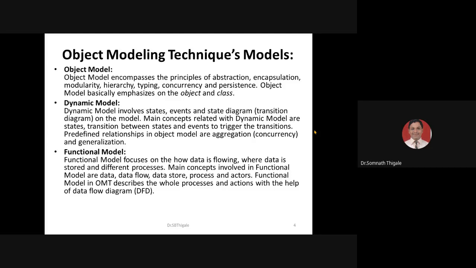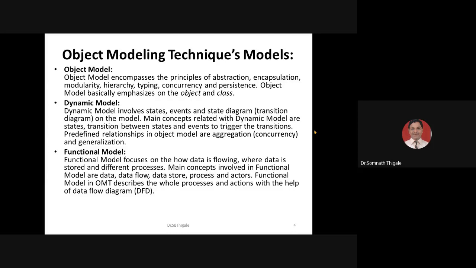Second, we have discussed the dynamic model. As the name suggests, dynamic means what is going to change. With respect to specific inputs or specific conditions, the part is going to change. We call that the dynamic model. As soon as your input changes, your entire flow is going to change, moving from one place to another, like a transaction, or their impacts are going to change. That kind of perspective we call the dynamic model.